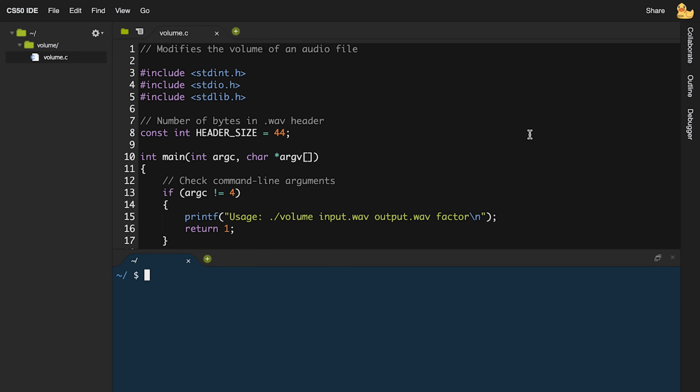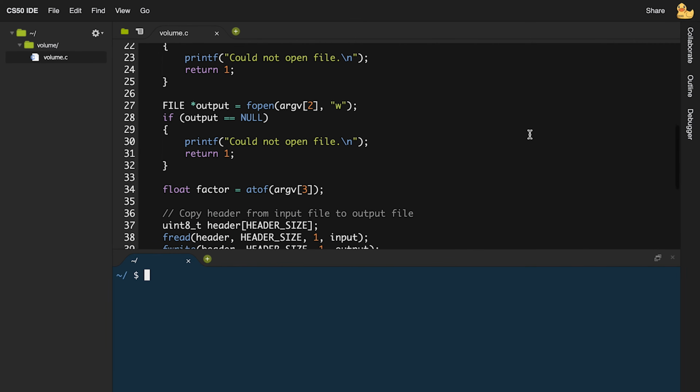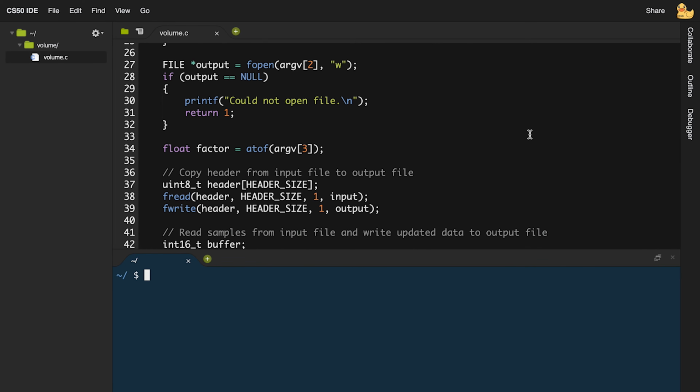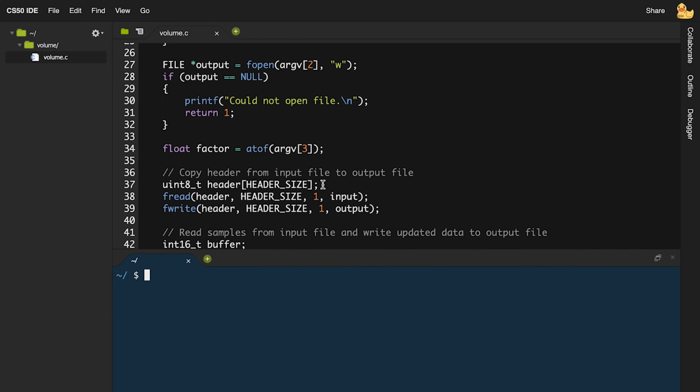We gave you some of the initial code inside of the main function already, but the first thing you needed to do was to deal with the header, to be able to read the header from the input file and to write that header to the output file. The first thing you might have needed to do was to create some place in your computer's memory into which to read that header. And so the first thing we have here is the declaration of an array called header.